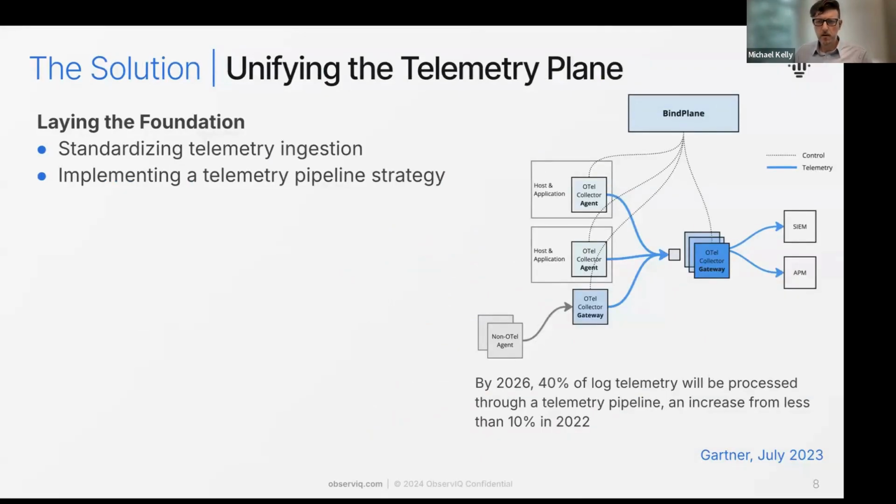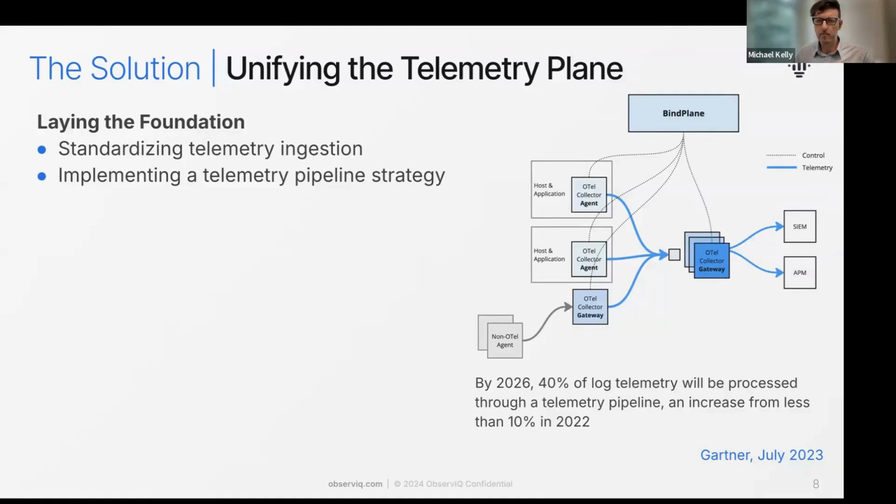And that's what we're going to be talking about, is unifying the telemetry plane. So there's a foundational component, and then what you can do after you've laid that foundation. The foundation is standardizing how you ingest telemetry. And we highly recommend choosing OpenTelemetry for that standardization. But regardless of what you're choosing, standardizing that is really the first step in simplifying things and allowing you to